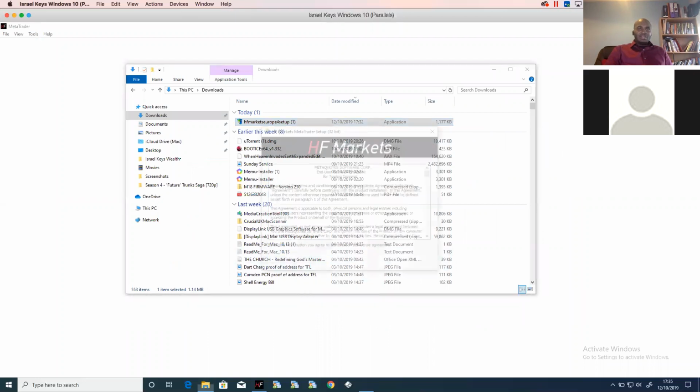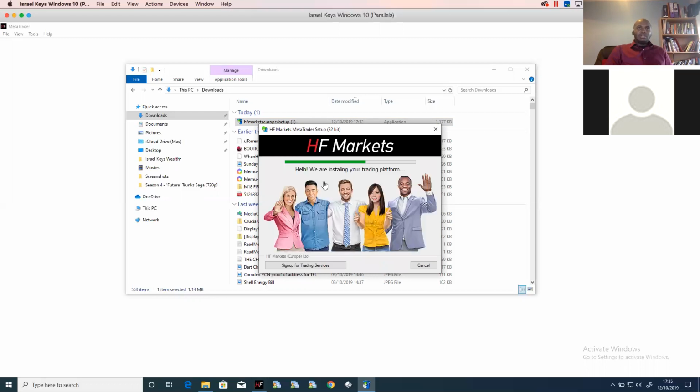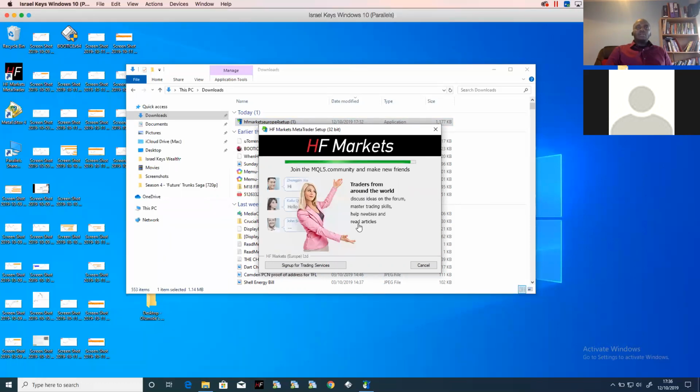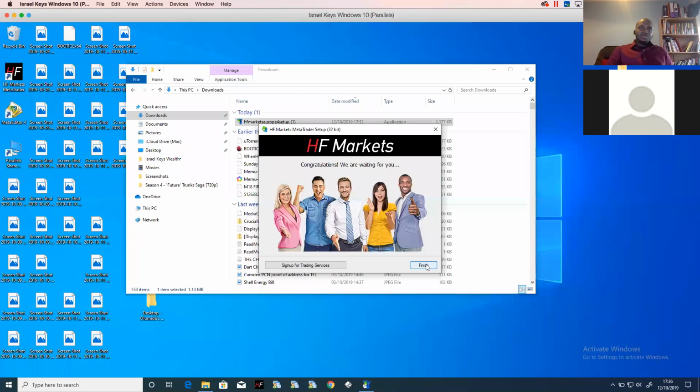I already have it installed on my computer, so I'm not going to go through the entire process, but you just click next. It's installing the trading platform. It'll ask you what you want to do. Because I already have the platform installed, when I clicked on that, it just opened what I already have installed. But if you follow through this process to the end, you will end up with something like so. And then when it says finish,